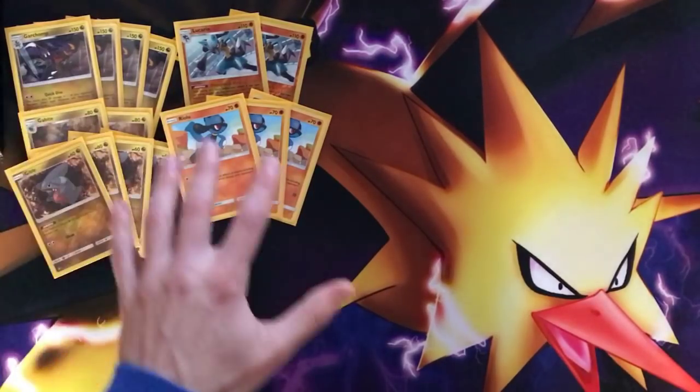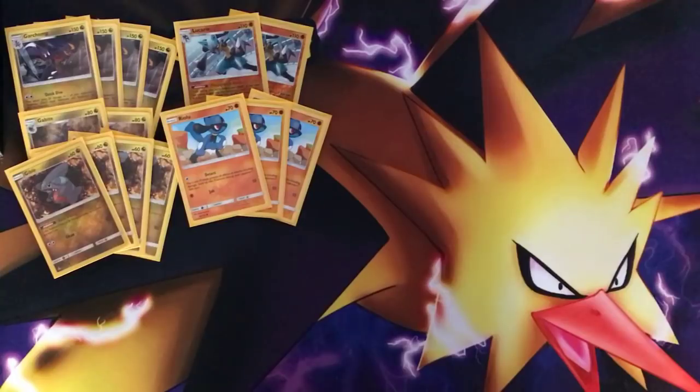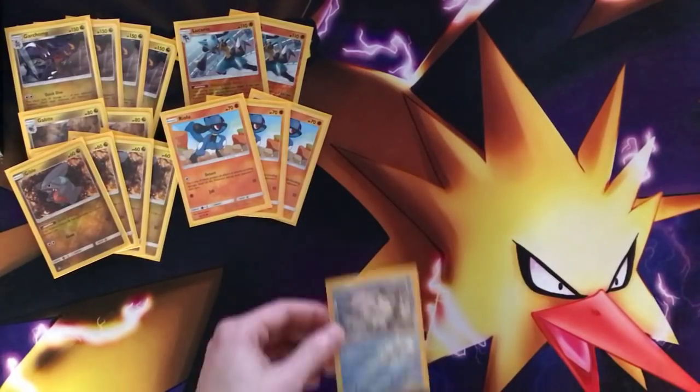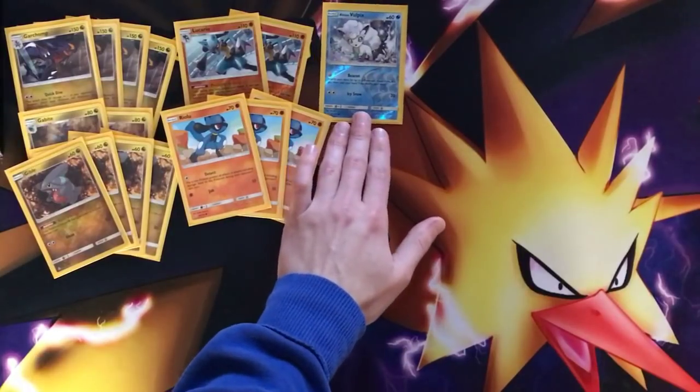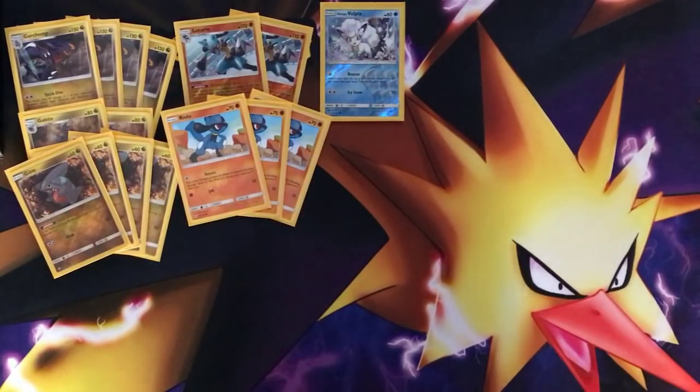So that's gonna be the main Pokemon of the entire deck, but then we're gonna go with some tech cards. My personal favorite here is Vulpix. Why is Vulpix so good? Because it has the attack Beacon. With that, you can just get any 2 Pokemon from the deck into your hand